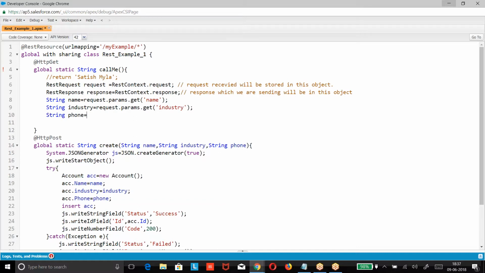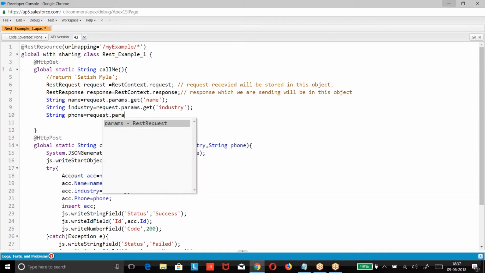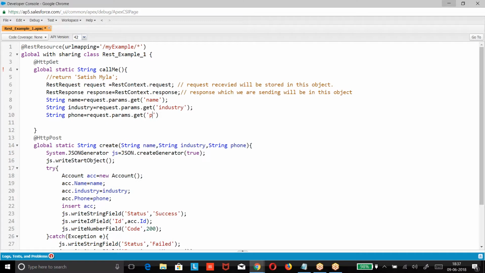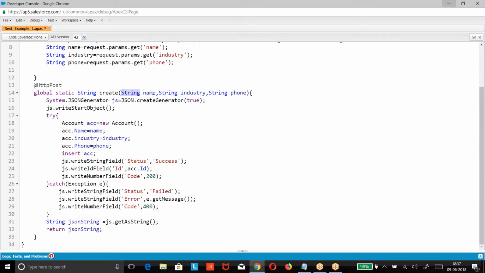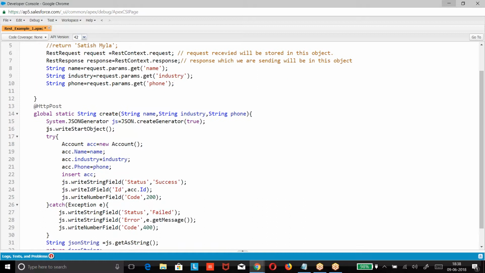The same program that I'm doing in the post. If it is coming like a get method by passing the parameters in the URL, how do we read this? If it is a post, you are sending data in the body. So the data in the body will be the parameters for me. If it is not a post method, if it is a get method, you will be passing the data using the URL. If you are passing the data using the URL, first I need to read the data from the URL, then I will be putting the same story.